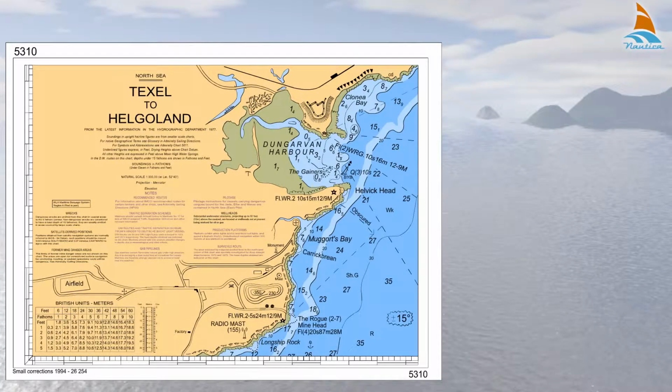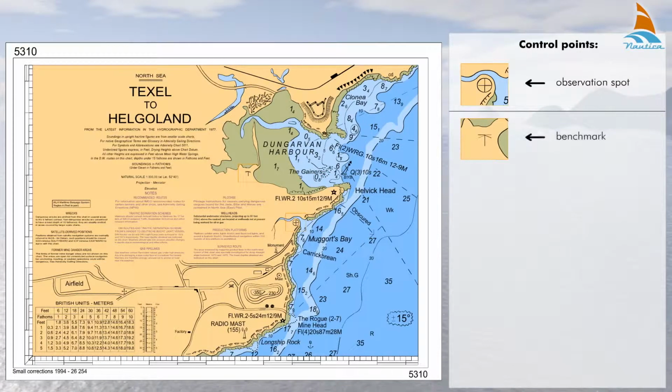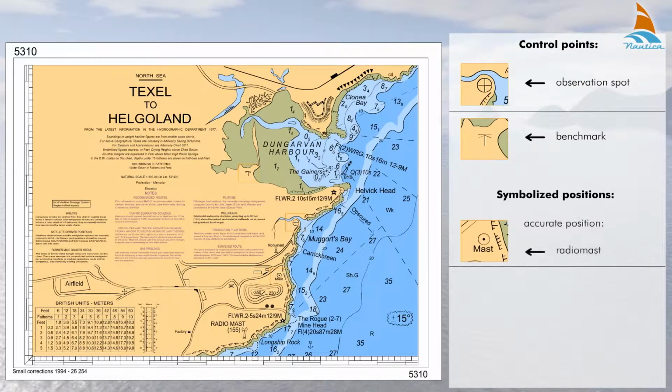On the nautical chart, you'll also see control points including observation spot and benchmark, symbolized positions including accurate position, candela, and not,